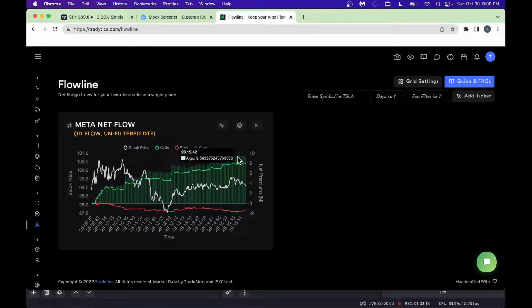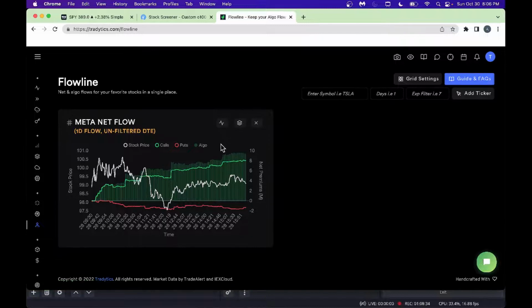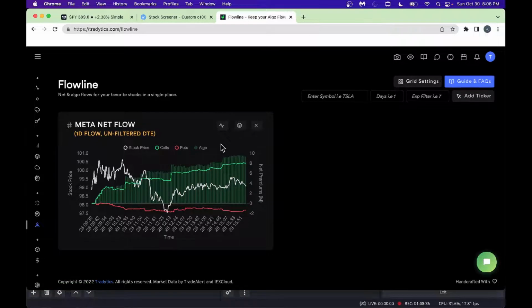That's the algo here, and then you got the call right here. This is the call, this is the put, and that's the net flow, as you can see here, or actually the stock price. By looking at this, you could also change the time frame. Sometimes they let you change the time frame here. Looks like this is a 1 day algo flow here, but you can get a good idea by looking at this. If the line for the call is going higher, and the line for the put is going lower, that tells you there is a bullish nature here, and this can go higher.